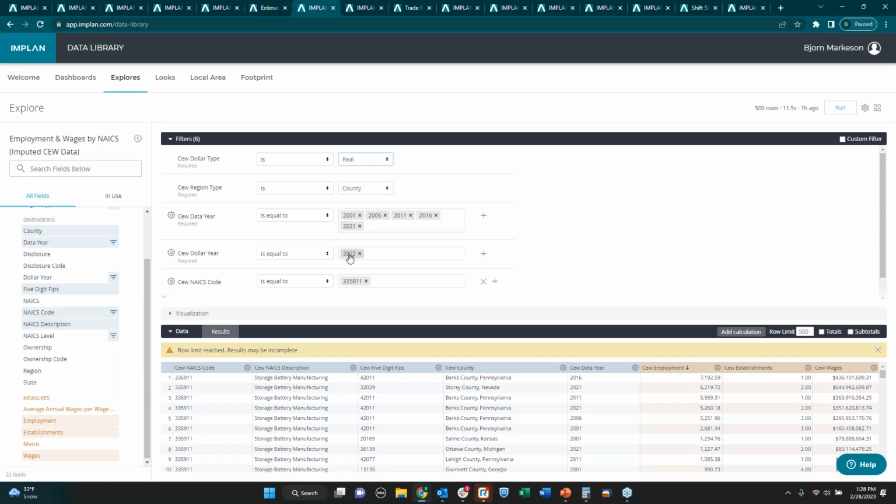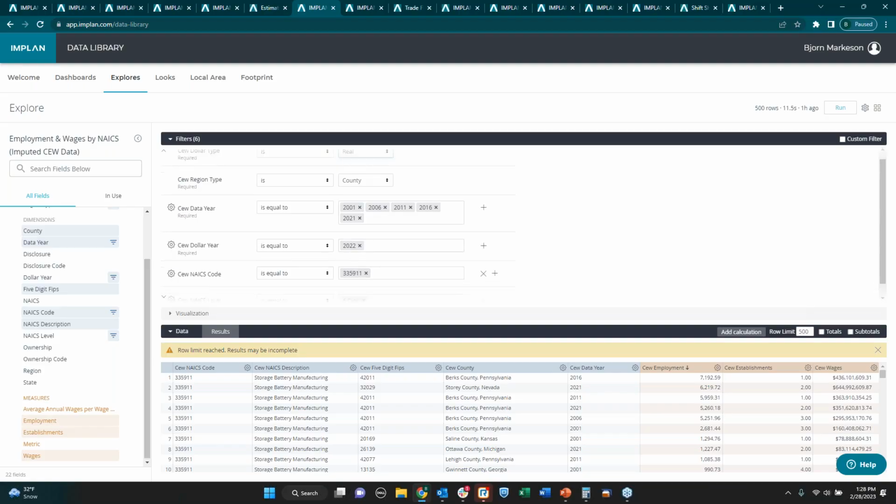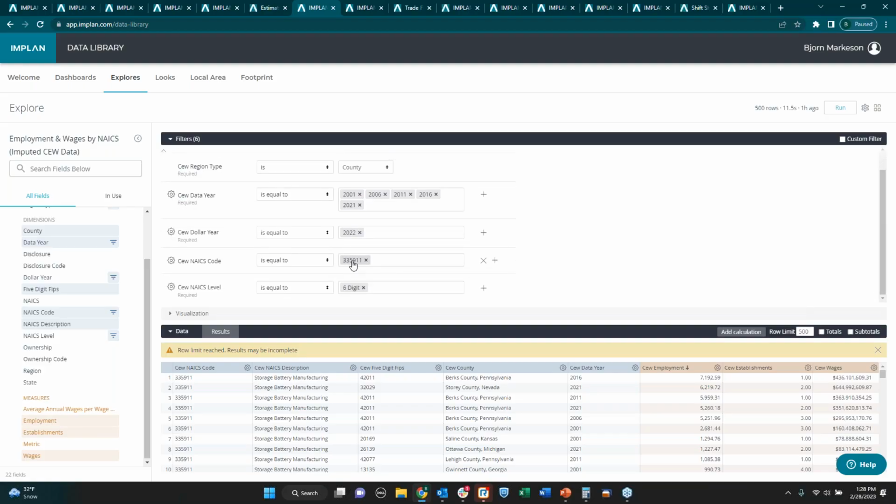We're using it in 2022 dollars. And then I've picked the NAICS code for storage battery manufacturing. So I want to know information about employment, wages, and establishments for storage battery manufacturing across the United States. So again, this is a 6-digit level. I've pulled this data item, and then I've chosen which items I want to have